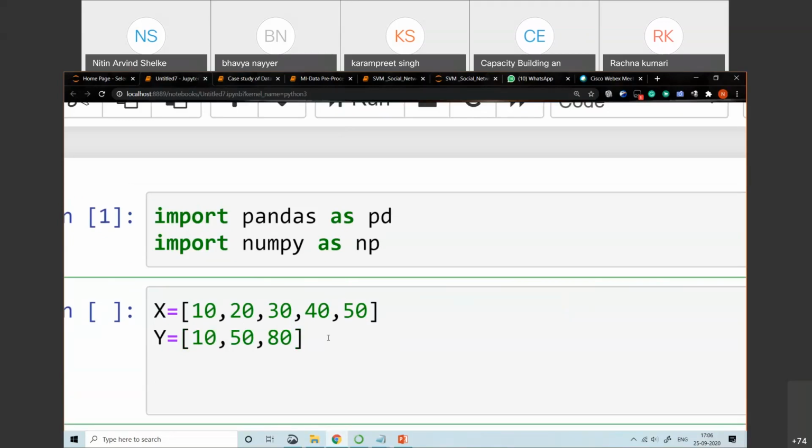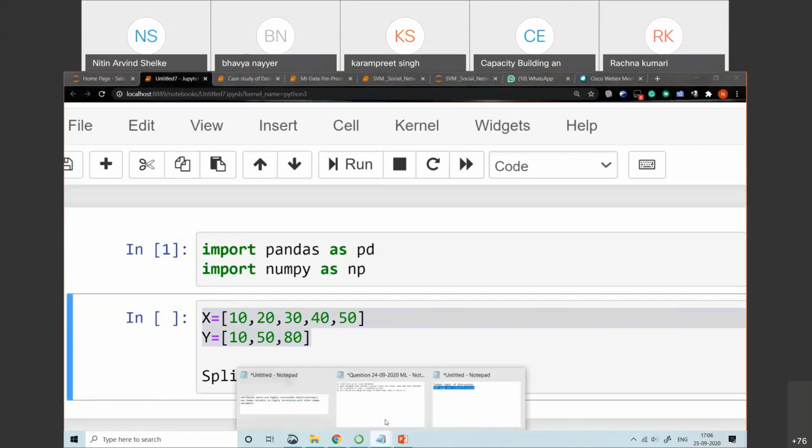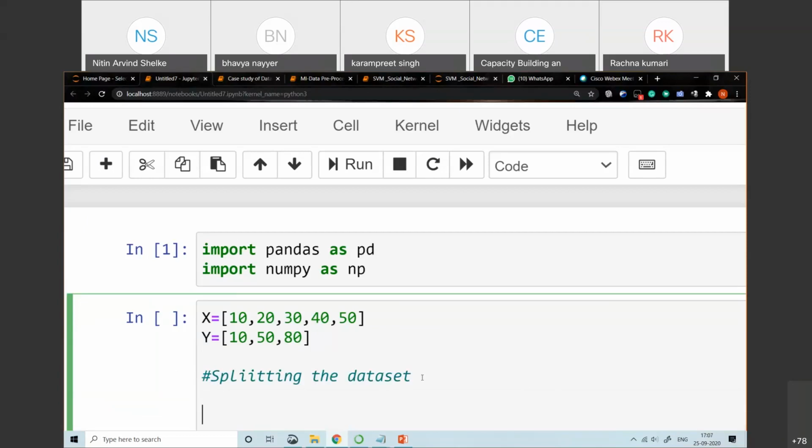Now I will use the train test split class for splitting the data set. I'm taking this example for explaining the parameters present in the train test split class. Okay, so which class do we use?